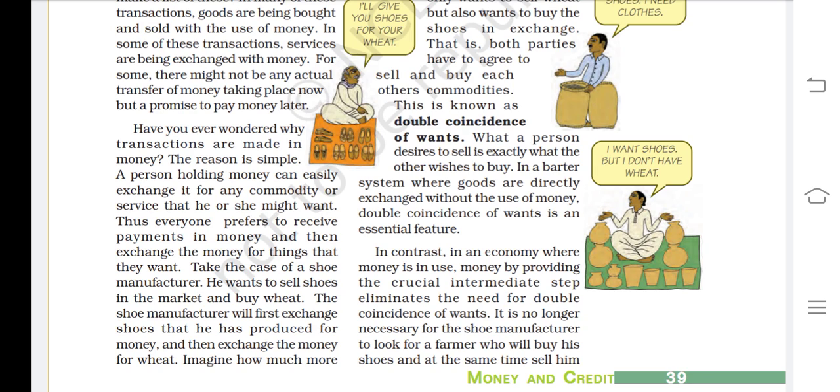इसी में फिर क्या हो जाता है कि वीट की ज़रूरत, मान लो कि मनी की जो ज़रूरत होती है, जो इंटरमीडिएट की तरह एक्ट करता है मनी, वो उसमें ज़रूरत नहीं पड़ती. In an economy where money is in use, money by providing the crucial intermediate step eliminates the need for double coincidence of wants. Means money by providing the crucial intermediate steps